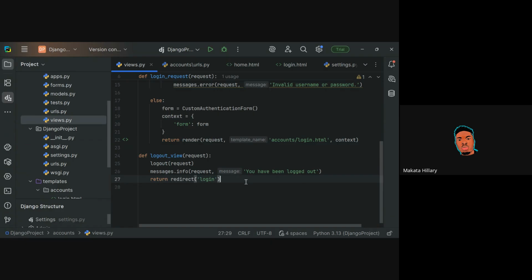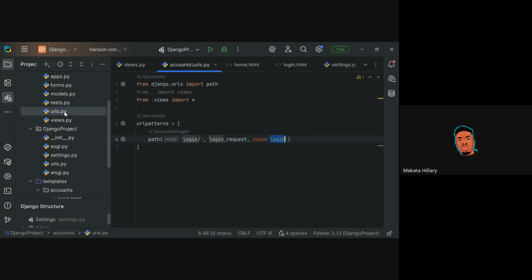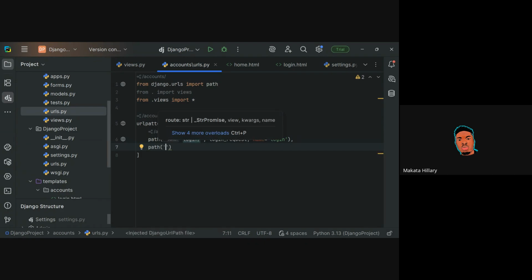And then the next thing we have to do is to write the URL. So the URL code, that is the path to our login view. To write the path, just like before, all we have to do is open our urls.py page, click enter where we already have our login. Make sure there is a comma here. Go ahead and click, then add another path. Open and close your parentheses in this manner. Logout slash,